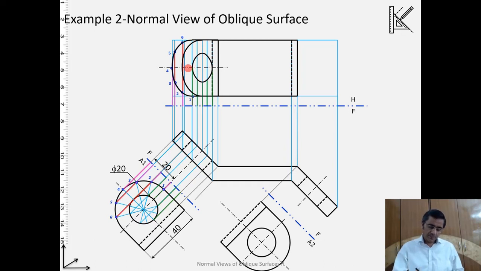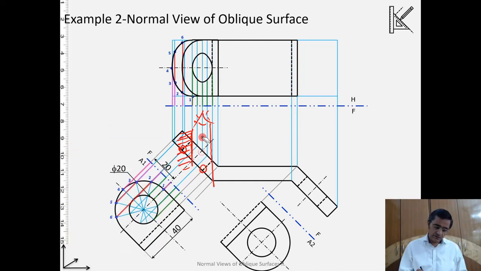But one thing: which part of that circle will be visible and which will be hidden? Let us see that. If you see from the top, because that is how the top view is being generated, this part is visible while this is hidden. Beyond a certain line, anything on this side is hidden, while anything between these two is visible.